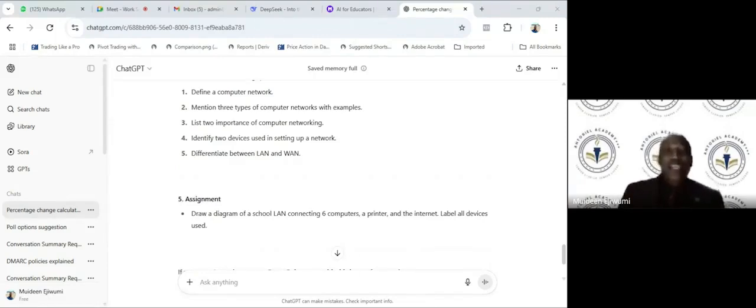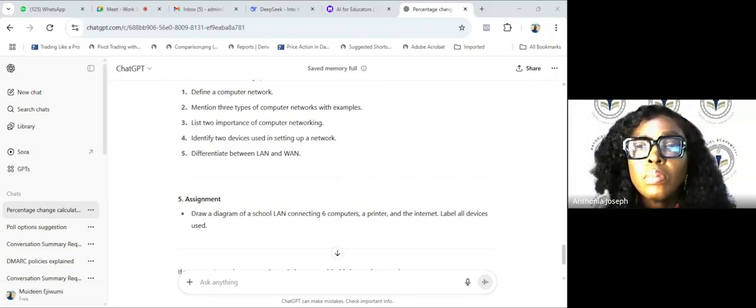These are the things that ordinarily, as a teacher, I would start bothering myself about. I want to teach my students networking, so I start researching. What are the questions I'm going to give them? But with this, I'm going to concentrate on what matters a lot rather than thinking about what my lesson plan will be. Because this is one of the major challenges of teachers in school, being asked to write a lesson plan for each week. Some schools will ask you to write a lesson plan for each lesson. If you have 4 periods in a week, you have to write a lesson plan for each period. So tedious, but with AI, it's assisting a lot of people.